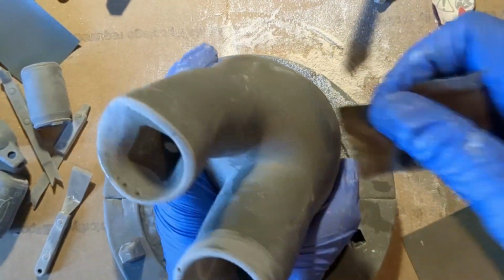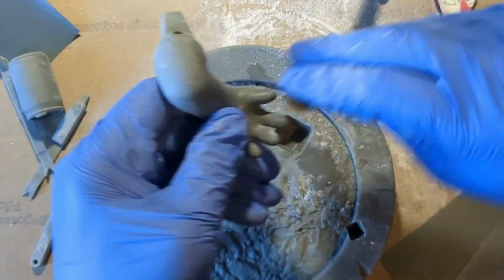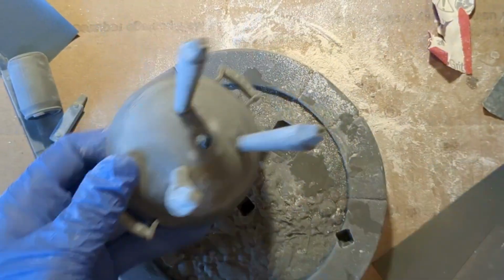Also, as you can see, this creates a ton of resin dust. Do not want to breathe this in. I'm using a respirator for safety. You should too. Once everything is smooth to the eye, it's time to give everything a prime to check our